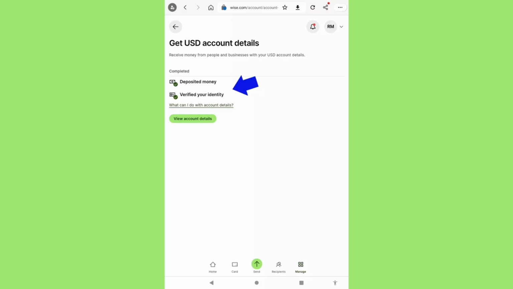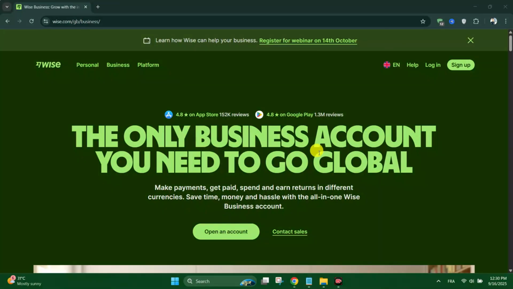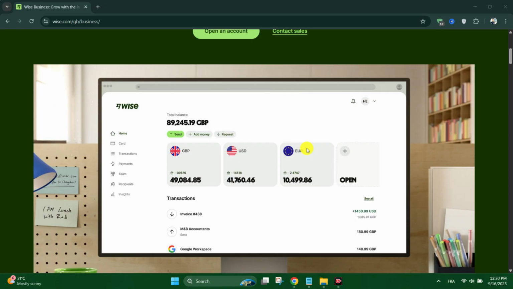And once verified, you can send and receive money worldwide, order a Wise debit card, and hold balance in multiple currencies. And that's it, guys, as simple as